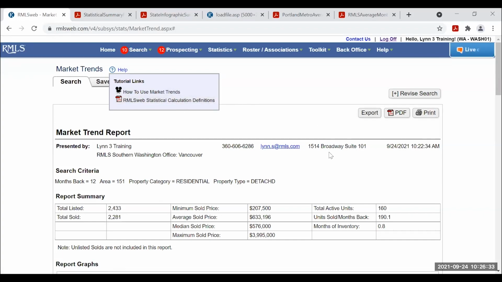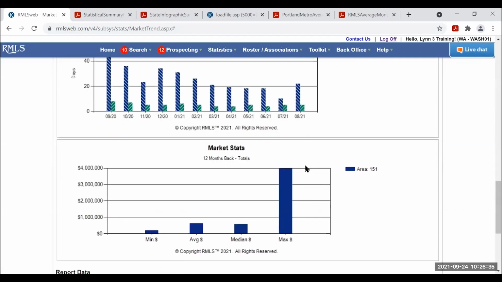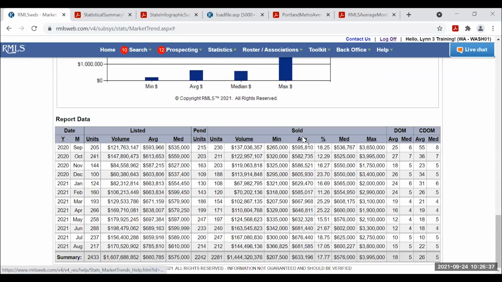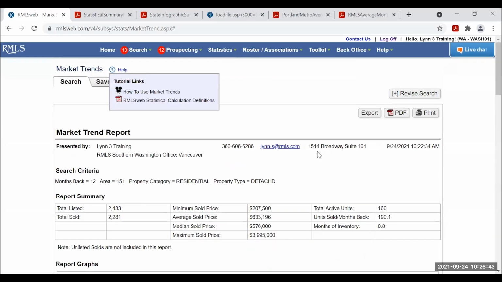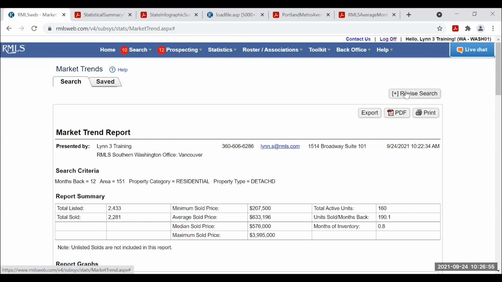This document has all of these little column headers, all of the little things you can click on and read about. They're all printed on one document for both market trends and market stats. So some people like to just know they can have that available, and you can highlight it and write notes on it and whatever.